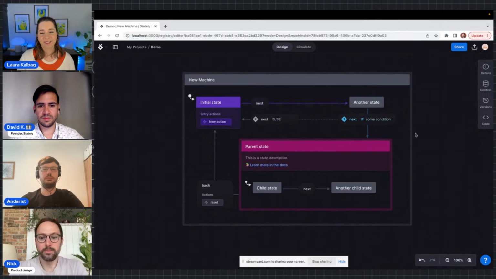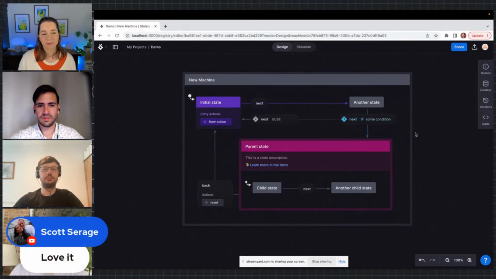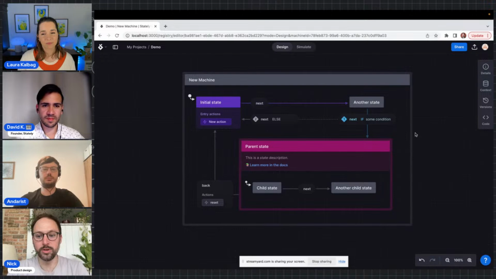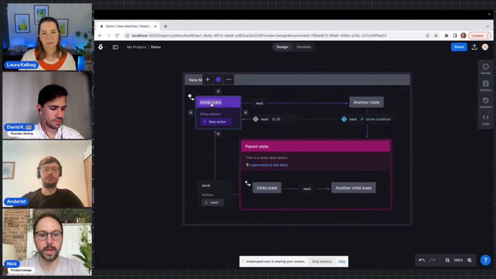Another thing that's more of a theme that's guided this work is wanting to do more on the canvas. So you should be able to design almost your whole flow on the canvas. Some of the details you might have to open up panels or go to a sidebar, but for the most part, you should be able to do much of your design work on the canvas itself. And part of what enables this is whenever you select a state or a transition, we've expanded the quick actions panel. So not only is there a color button, but there's also now